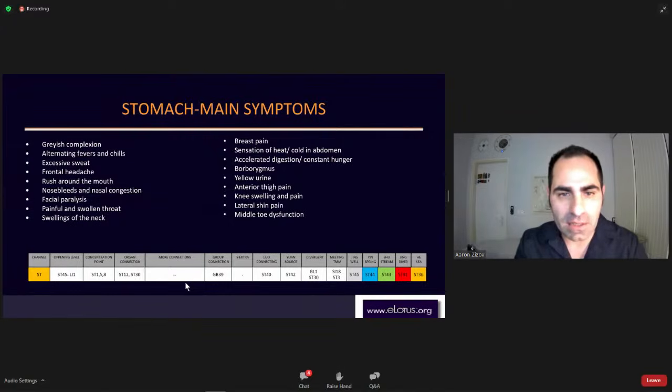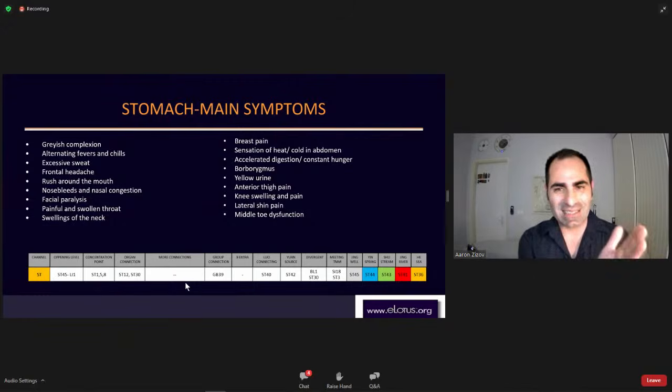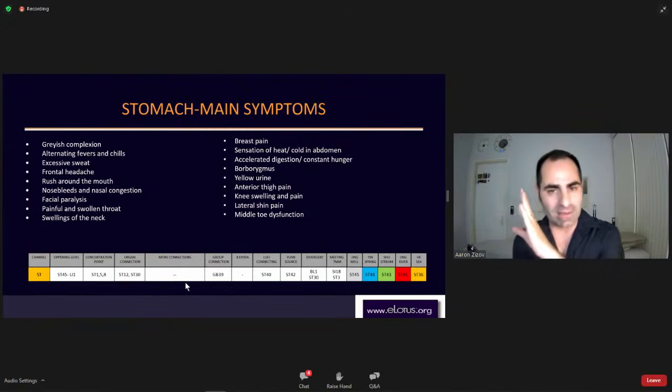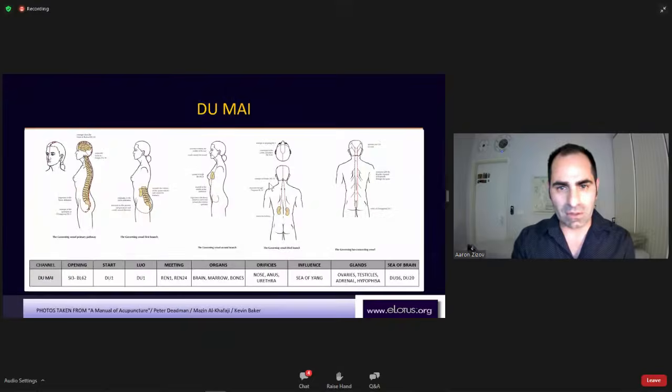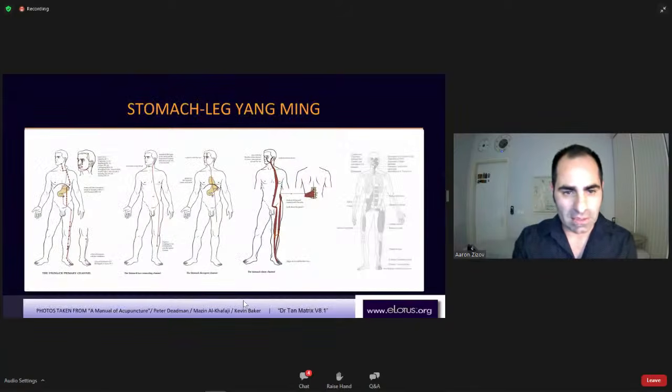Okay, I see a question. Will you open stomach 45 and large intestine 1 bilaterally? Depends. If I have a problem just on one side, it's also a bit tricky here, because the yang ming is the only channel, like the large intestine is the only channel that goes to the other side. Let me do this here. I will answer this in one second. I will just draw something.